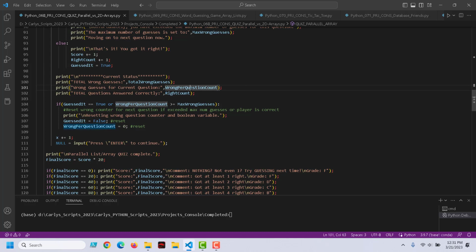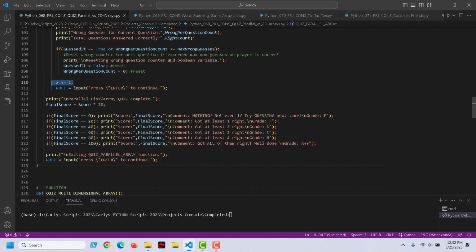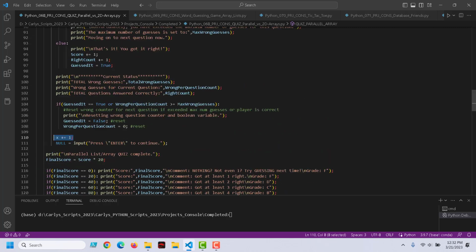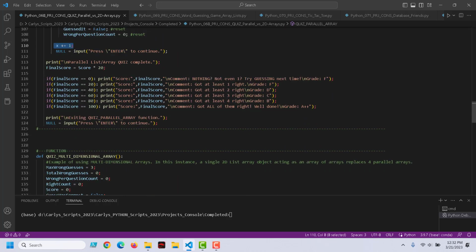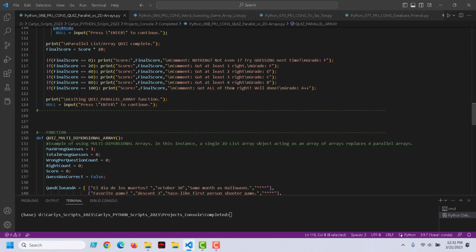instead of their wrong per question count being 3, which they should see, they would see 0. It would be confusing in the output because the player would be like, well, huh? I thought I got 3 wrong guesses. How is it that you say I only have 0 wrong guesses? So we need to do that after we display the values. And so that's why we use that Boolean. And that way also we only have to do it once, okay? And then again, as we iterate through the while true loop, we'll just advance to the next question and answer and clue and player's input